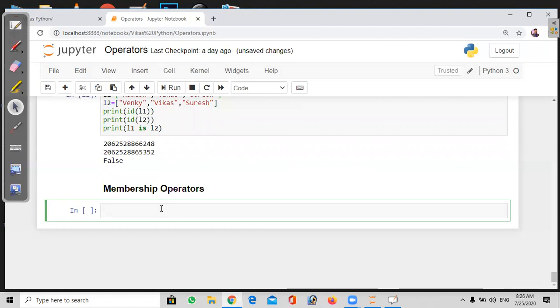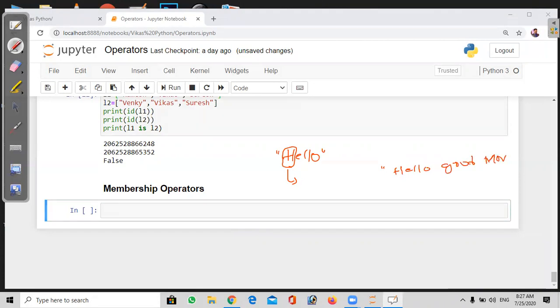Especially, membership operators are used to check the availability of characters in a string. For example, I have a string of hello. A membership operator is used to find whether the particular h is present in the given string or not. We can check for individual characters, or also check whether a particular string is available or not.